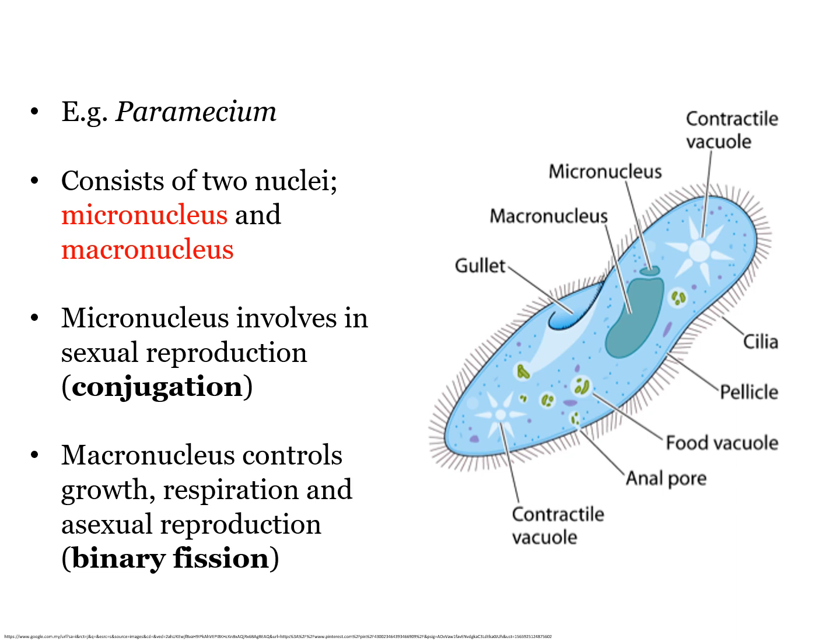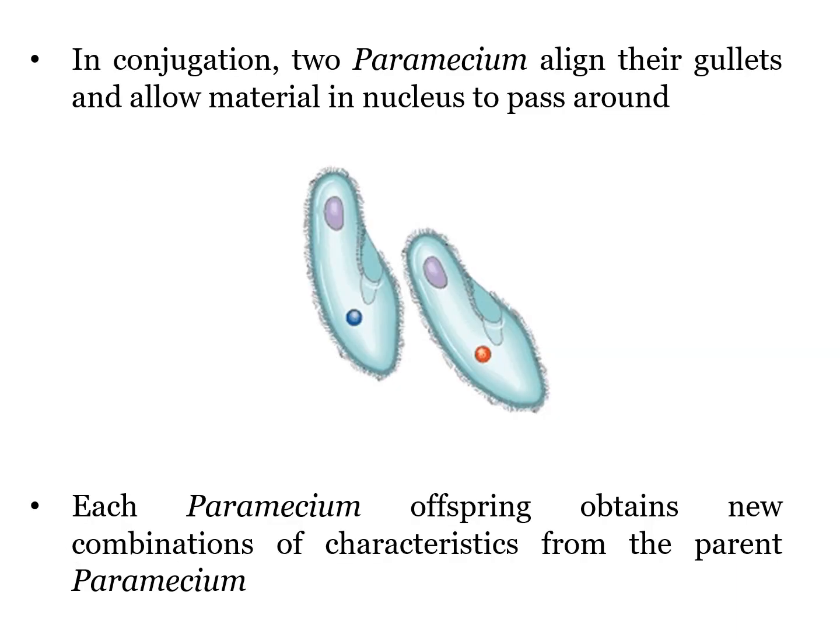Micronucleus is the one that is used in sexual reproduction, which in Paramecium the process is termed as conjugation. Paramecium also rely on asexual reproduction, which is by binary fission, just like the one you have learned last week. So, for this topic, we are going to learn more on conjugation, the process where sexual reproduction in Paramecium takes